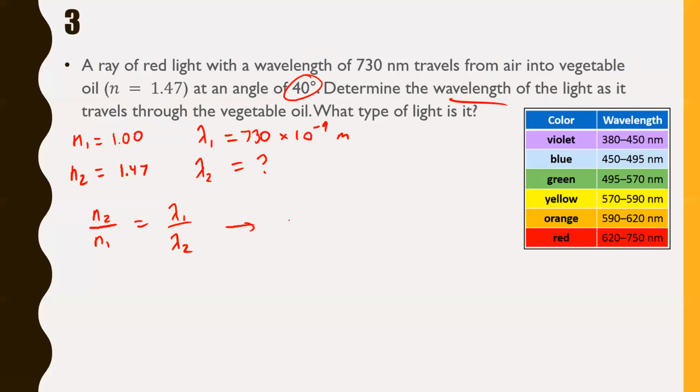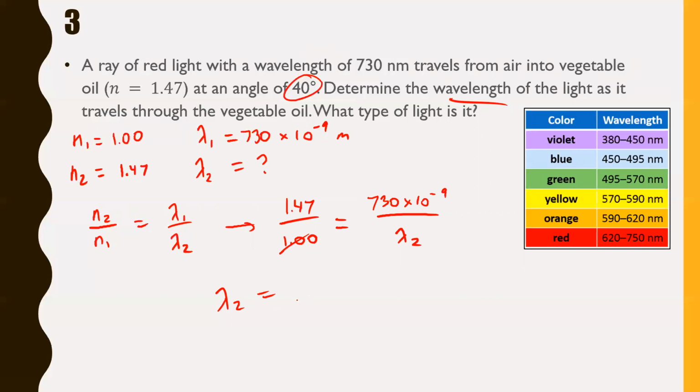Anyway, throw the numbers in there. N2 is 1.47 over 1.00. And then lambda 1 over lambda 2, that would be 730 times 10 to the negative 9 over our unknown lambda 2. To find lambda 2, just multiply it over and then divide the 1.47 over. This divide by 1 here is doing nothing at all, so you might as well ignore it. So bottom line is lambda 2 is going to equal this divided by this, which will give you